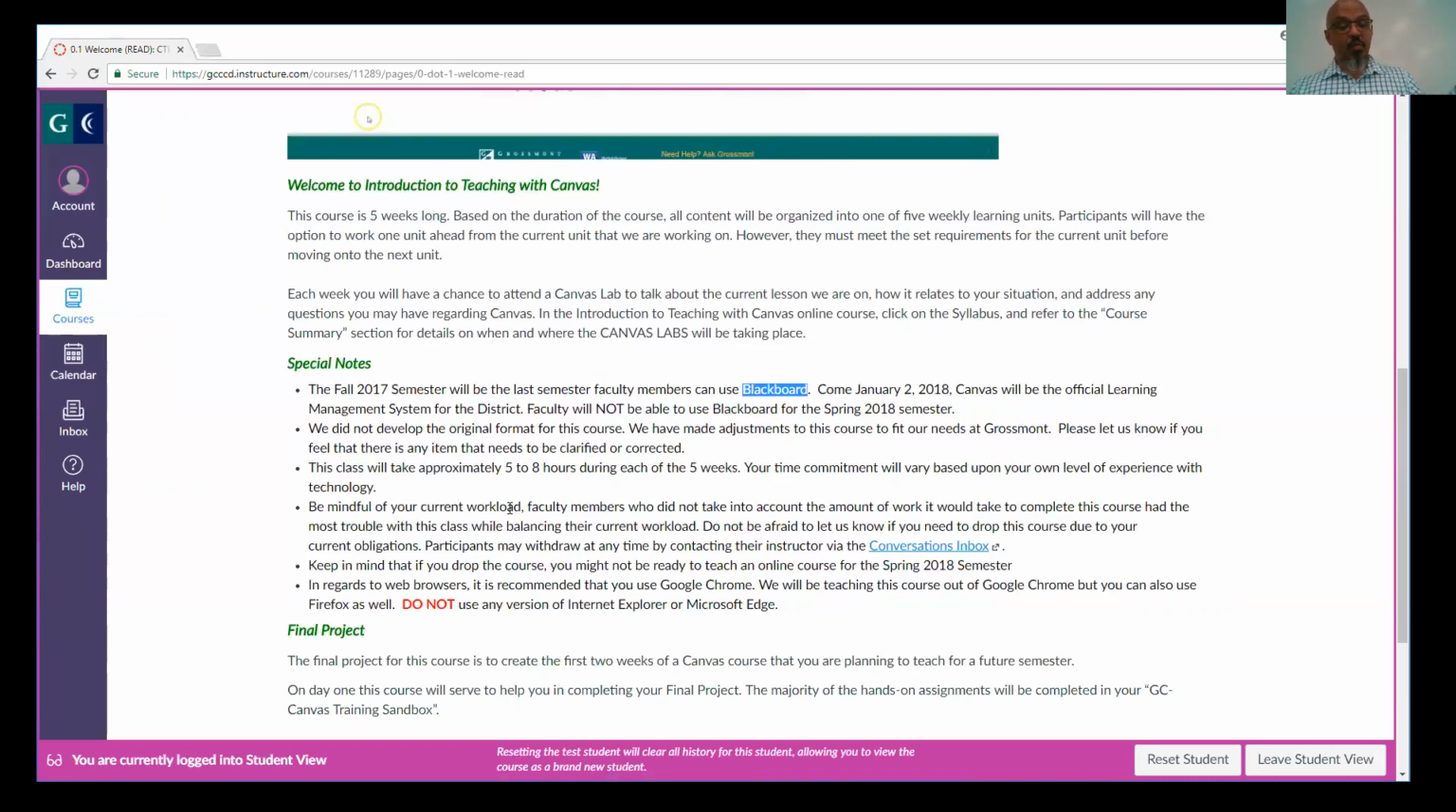Be mindful of your current workload. Faculty in the past who did not take into account their current workload suffer in here because the job demands more of their time. If you feel you need to drop the course due to current obligations, you can send a message to Jim